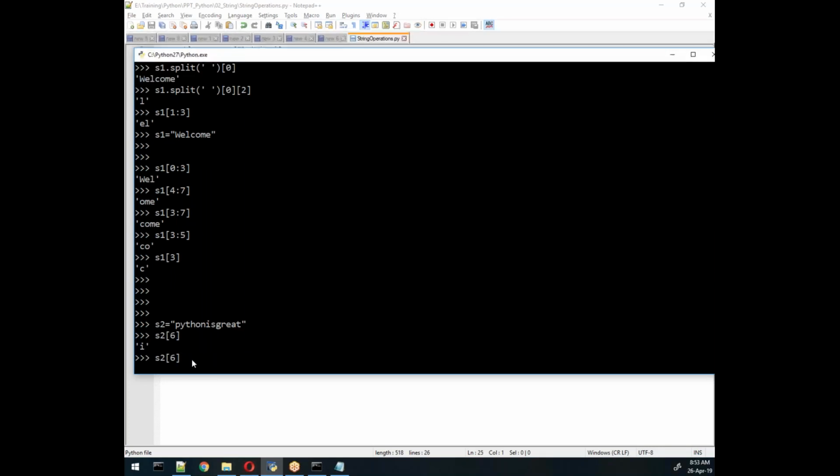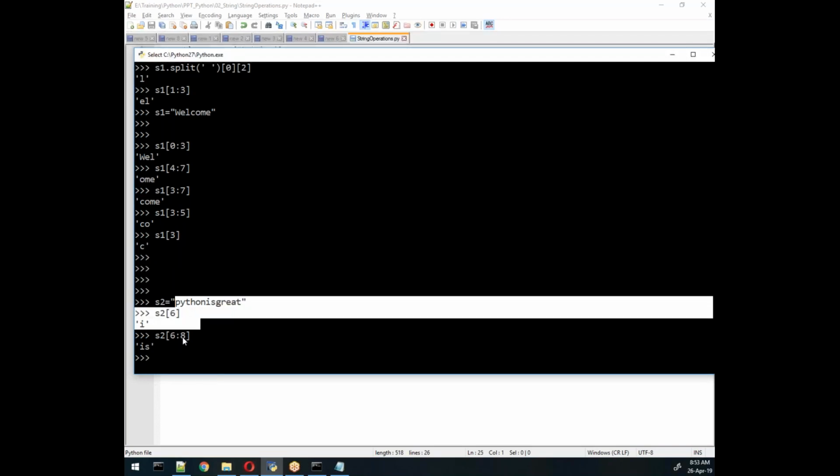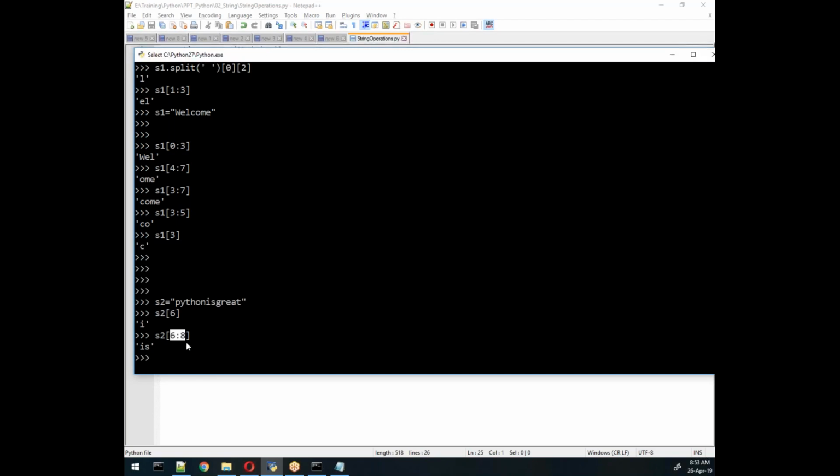Now I need to go with colon. What do I need to write, can you guys tell me? 8. Why 8? Let me check with this 8. Yes, it is 8. So it will count from the beginning. So how do I understand what value I require after writing this 6 colon 8? You can check with this method that I gave you,